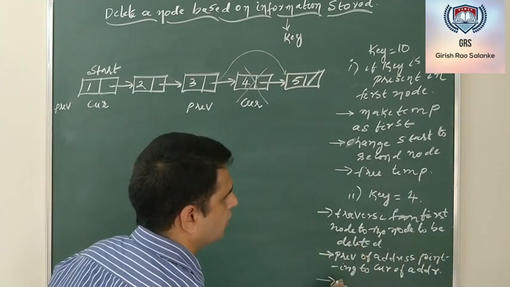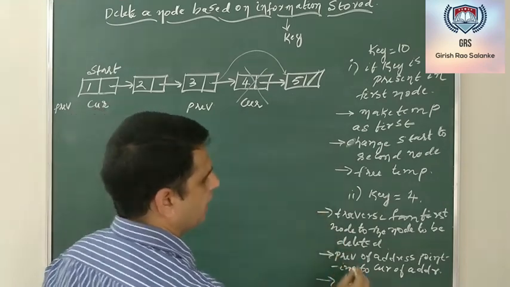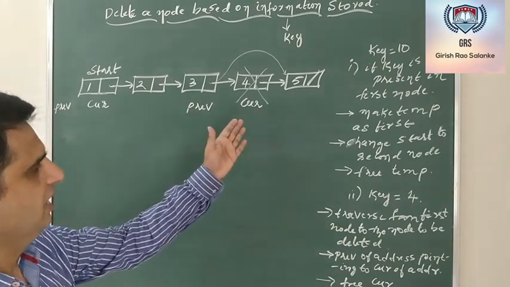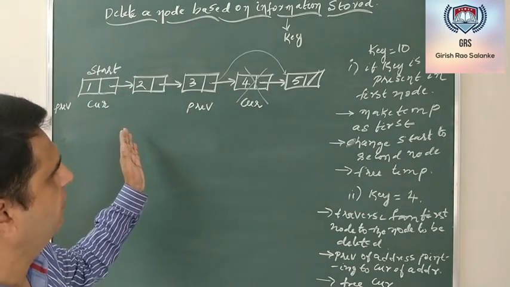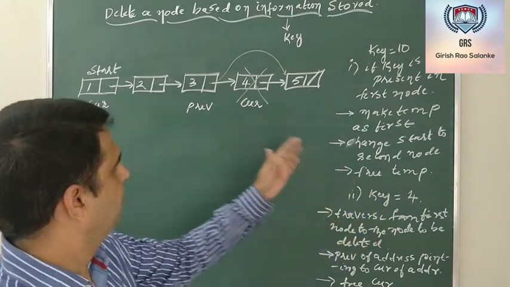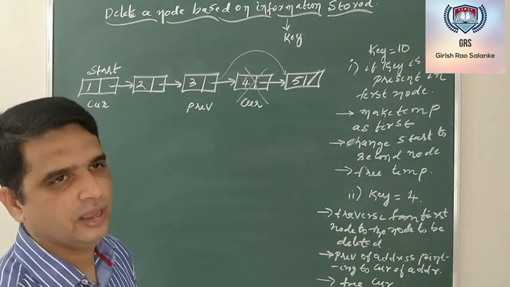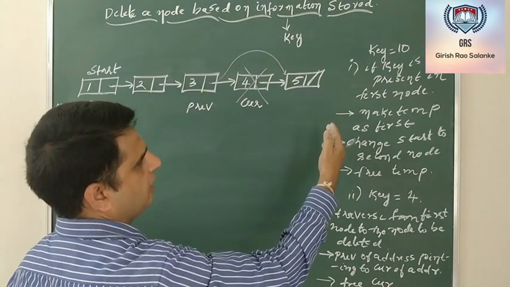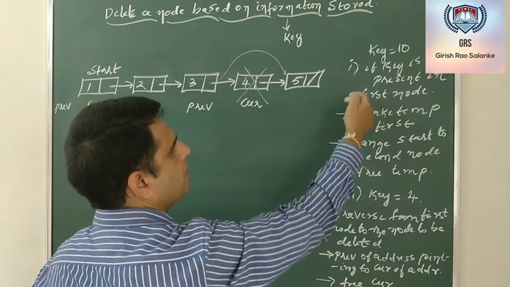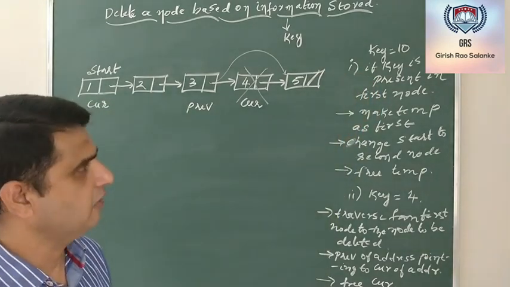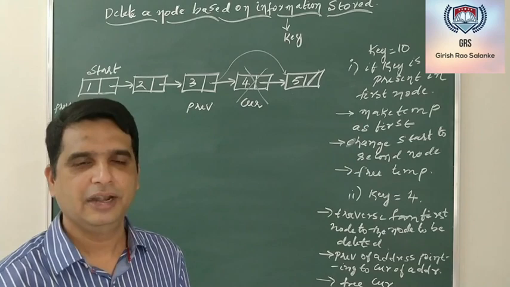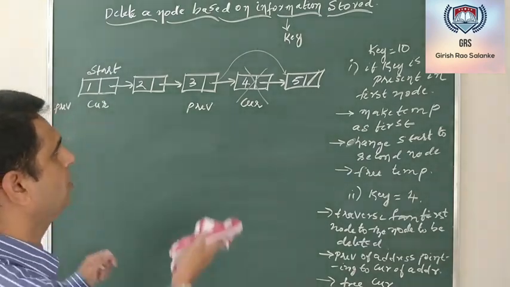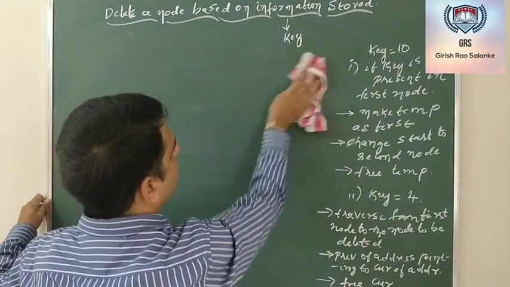And what are we supposed to do? We are supposed to free current. So this is what we are supposed to do. Now assume that in this case, if I am searching for the information 6, as you can see, none of these nodes is holding 6. In that particular case, when I am searching for 6, my current keeps traversing, and after traversing the last node, it will be pointing to null. So while searching for information which is not there in the linked list, it implies that current is pointing to null. So with this information, we can come up with a function.